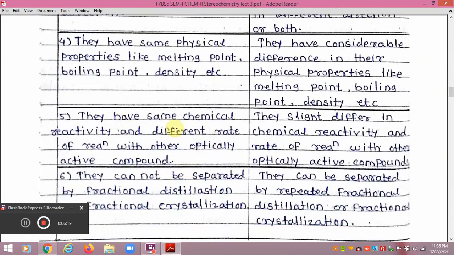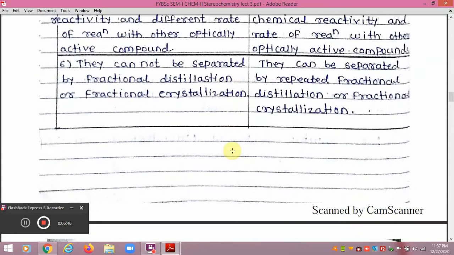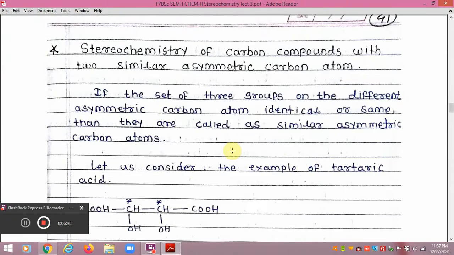Enantiomers have the same chemical reactivity but different rates of reaction with other optically active compounds. Diastereomers differ slightly in chemical reactivity and rate of reaction with other optically active compounds. Enantiomers cannot be separated by fractional distillation or fractional crystallization, but diastereomers can be separated by repeated fractional distillation or fractional crystallization. So dear friends, in this way, we will talk about the stereochemistry of carbon compounds with similar